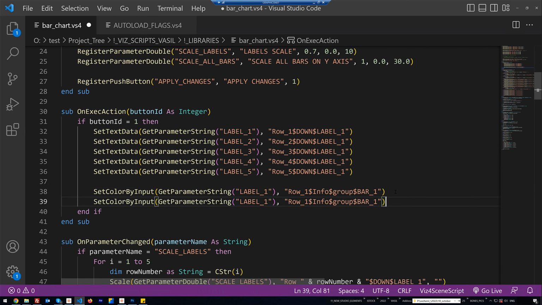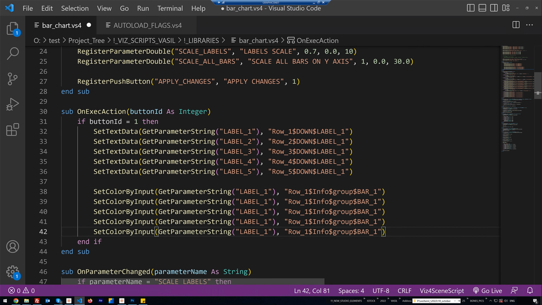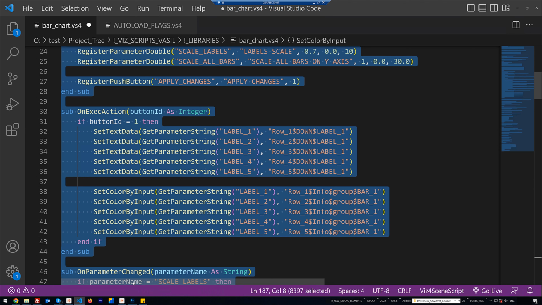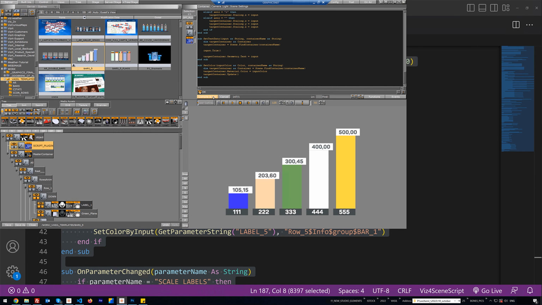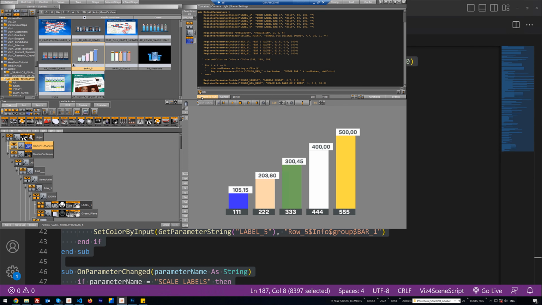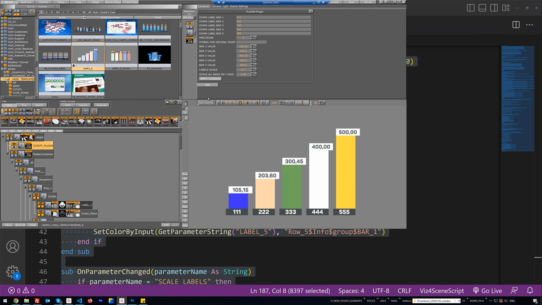And just copy and paste 5 times this row and just change label 1 to label 2, row 1 to label 2, label 3, row 3, label 4, row 4 and label 5, row 5. And now I just copy and paste my new script, compile and run, and you'll see I haven't color parameters,